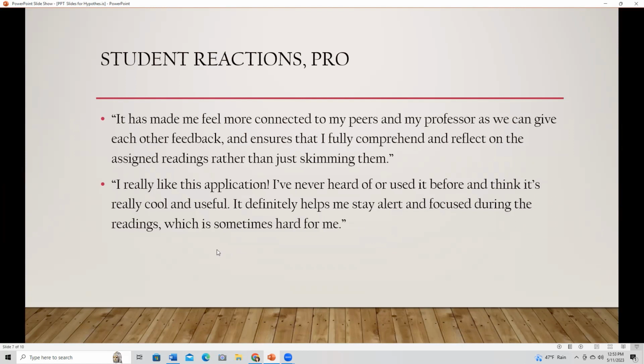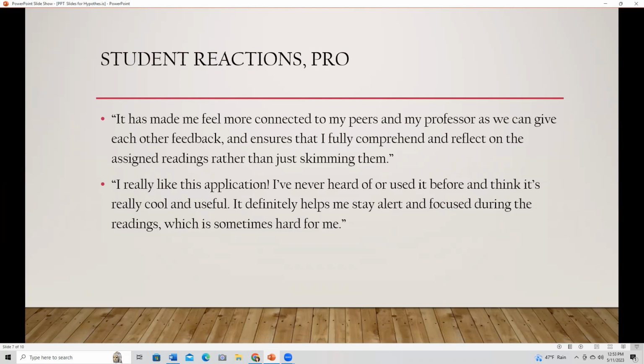And the other one said, I really like this application. I've never heard or used it before and think it's really cool and useful. It definitely helps me stay alert and focused during the readings, which is sometimes hard for me. The part about staying alert and focused really resonated with me too. With everything online now, it's hard to read. If a text is online, it's very hard for me to read.